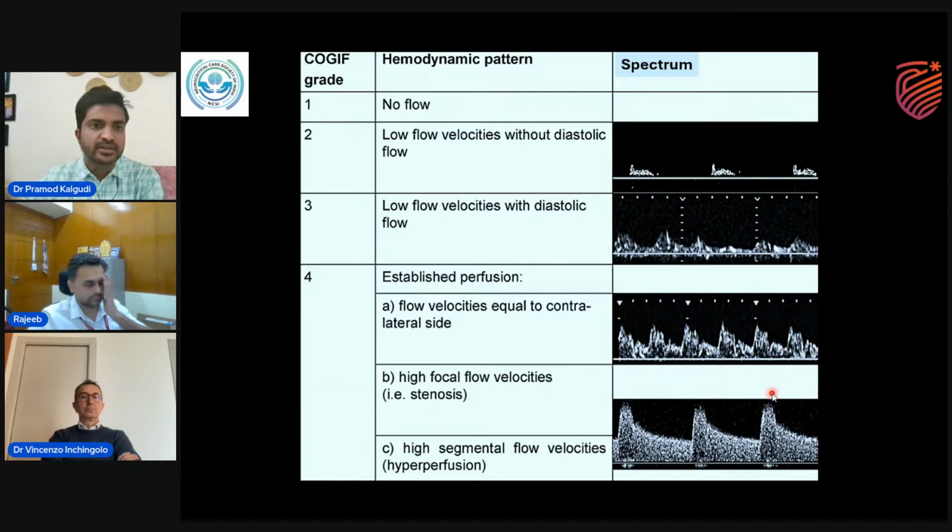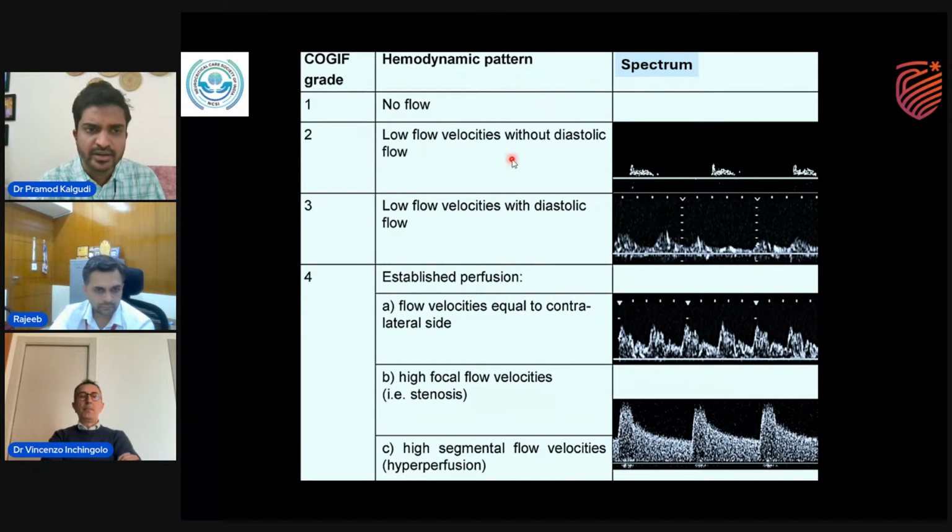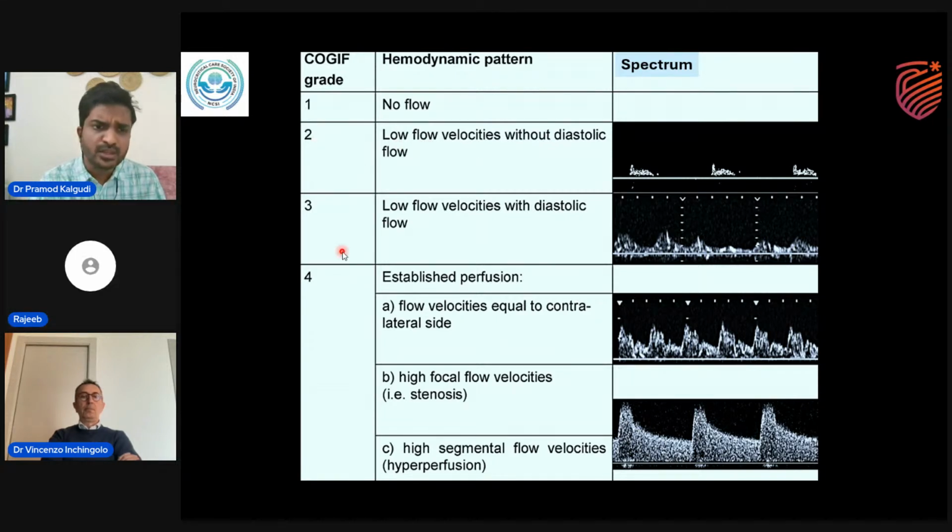So COGIF grading will tell you what the flow pattern is in post-stroke patients. If there is no flow, it is grade 1. If you see some amount of systolic flow without any diastolic flow, it is grade 2. If you see very little flow with a bit of diastolic flow, then it is called grade 3. And grade 4 is differentiated into A, B, C. A being a normal spectrum, and B and C show you that there is some amount of stenosis or some hypoperfusion